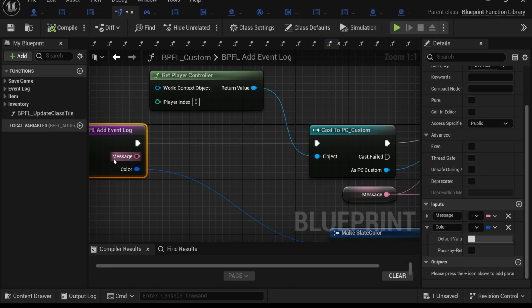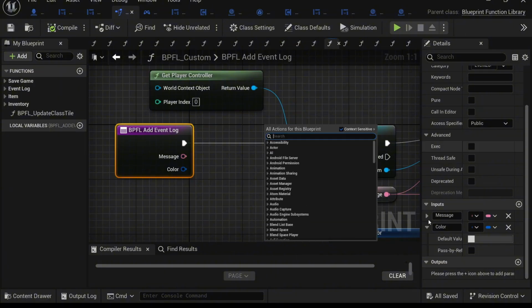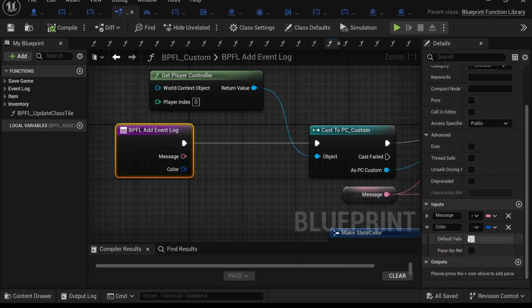So I noticed that if we actually just add color in here, if we take in a linear color, for some reason that decided it was going to make all of our event logs a clear color. And I'm not 100% sure why it decided to do that, even though our default value was white. So what I'm going to do instead of adding color as an input on our BPFL add event log,